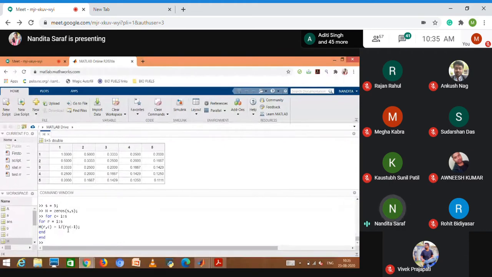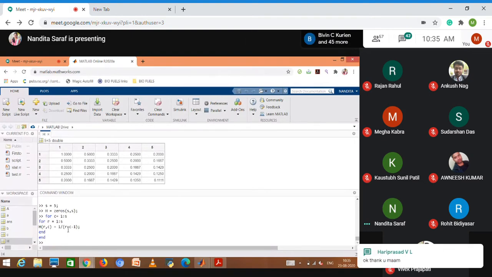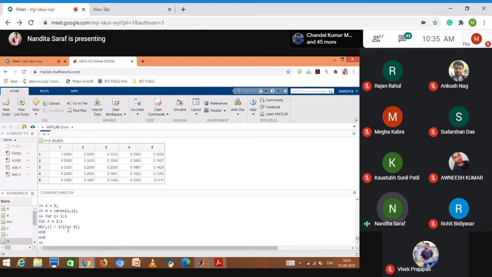I can define any element in that matrix using its row and column. Now inside the for loop, I am defining that element by a definition using its row and column. It's updating that element's numeric value based on its definition. So this is one of the applications, or you can say how we use the for loop. Every for loop has to end with an end, otherwise it will show you an error.